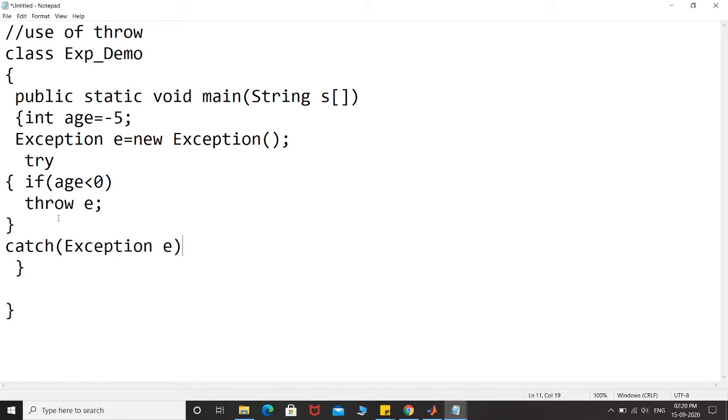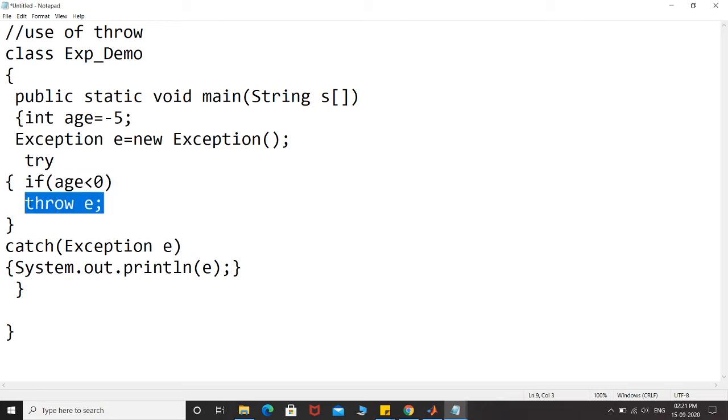Now from here I can throw an error, and this error will be thrown inside this catch block, and catch block will catch this error and simply process the handler. In my handler I'm just printing the details of my error. I'll just write it over here like this. Okay, so what is happening, if age is negative, I am throwing an object e over here.